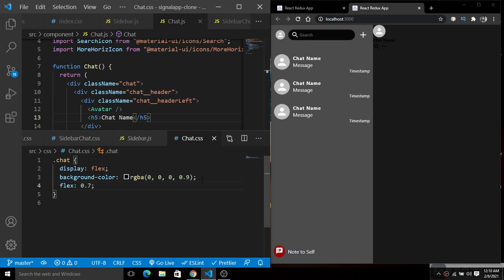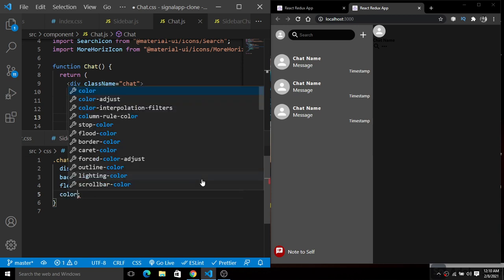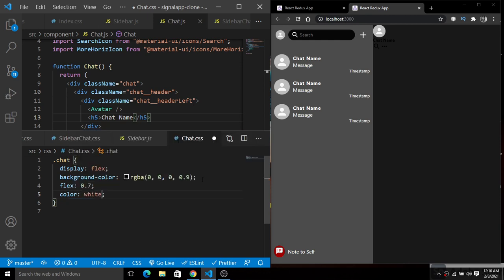Now you can see it uses the entire screen size. Fine, so we have this background color of 0.9. Next we will give a color. We'll change the color to white, so all the text will be in white color. Now you can see we have these things here.